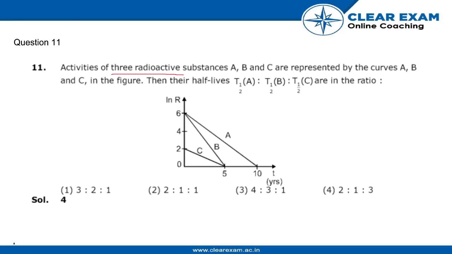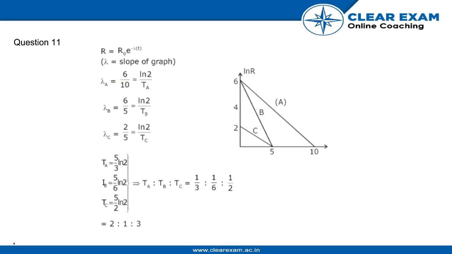The activities of three radioactive substances A, B and C are represented by the curves A, B and C in the figure. Then their half-lives, T half of A is to T half of B is to T half of C are in the ratio. The formula for activity is R equals R naught e to the power minus lambda T,